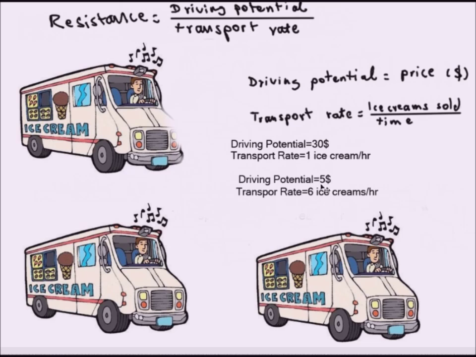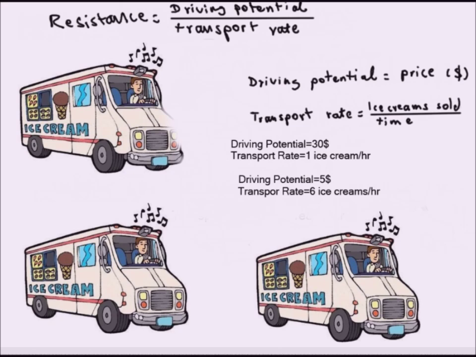First of all, because the ice cream is cheaper, and second of all, because it's a lot more available. So in the same case, we can apply this same concept to other things. I was telling you before, in electricity, your driving potential is the voltage, and your transport rate is the